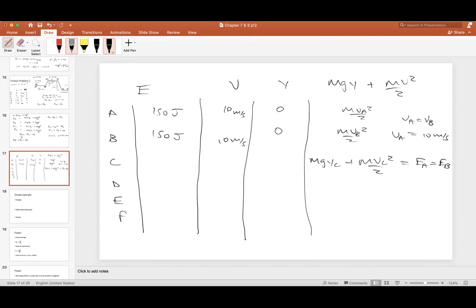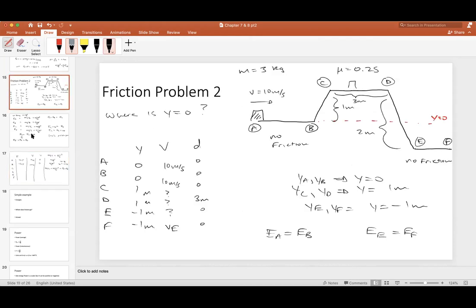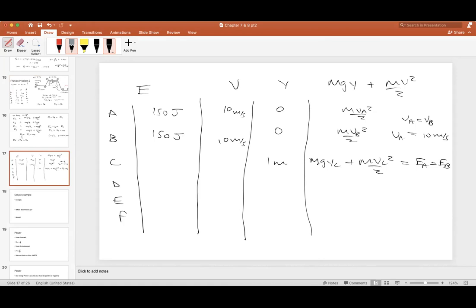We know that our YC, if we look here, was 1 meter. Therefore, 3 times 10 times 1, this is 30 joules. And we need to figure out what VC is. And this we already said was 150 joules. So MvC squared over 2 is equal to 150 minus 30, which is 120 joules. If I multiply that by 2, that's 240, divide it by 3, that's 80. So I get that VC is the square root of 80,